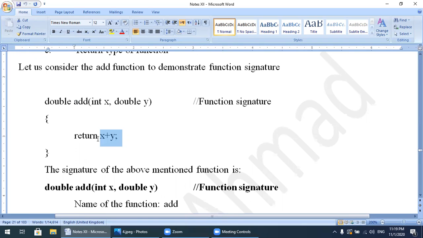From that place where the function will be called, which value will be written? Either an integer or a double will be written. Watch here, at this place before the add function there is written double. It means that the add function passes two values, x and y, and returns one value, which